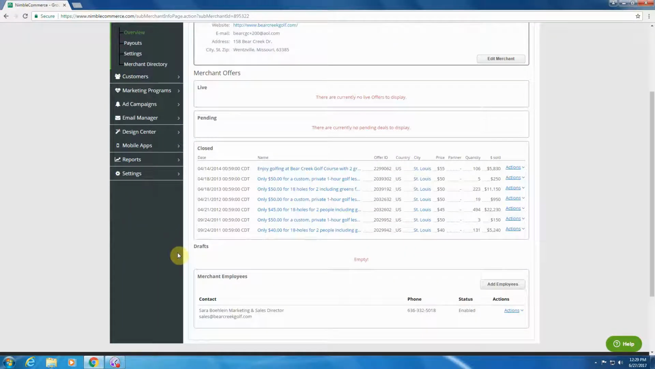If you go down to the merchant offers section, if there are any deals live, they'll be in that first box. If there are any getting ready to run, they'll be in the second pending box. And their past deals will be in the closed section right here. You can see all of their past deals, their offer IDs, the price point, quantity, and the amount sold. If you wanted to view one of those, you can click on the actions button too, and